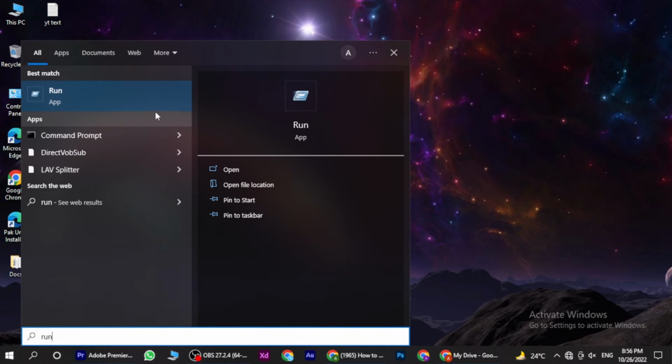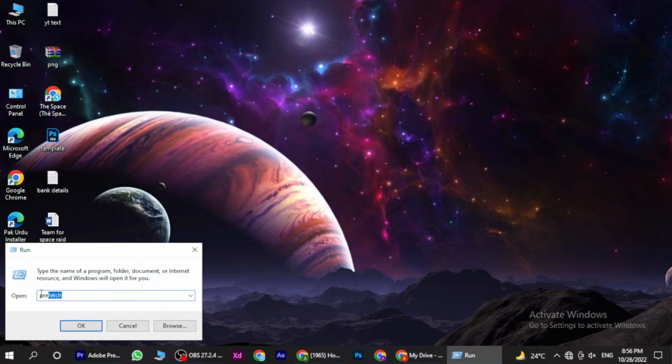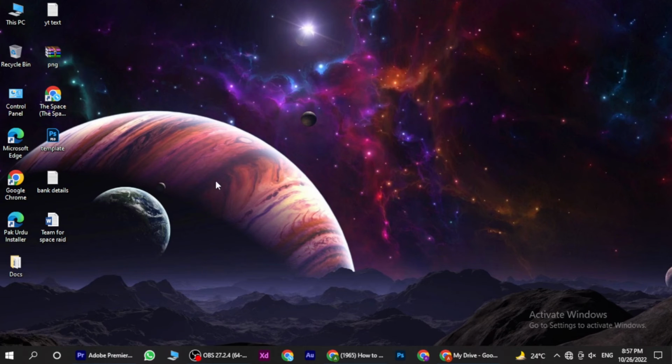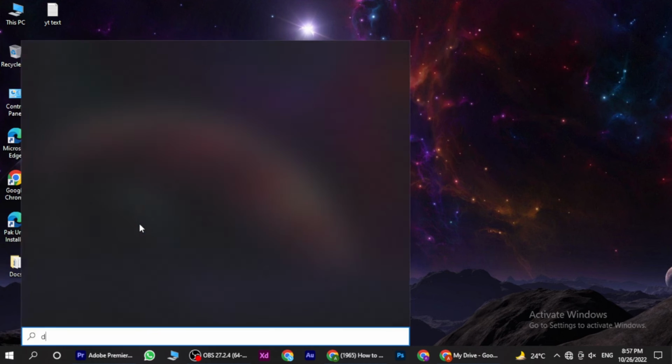and here you have to again search for Run. Now once you are in, you have to search for AppData or Temp. Here you have to clear the data. Once you clear it, you have to go back and open your Discord